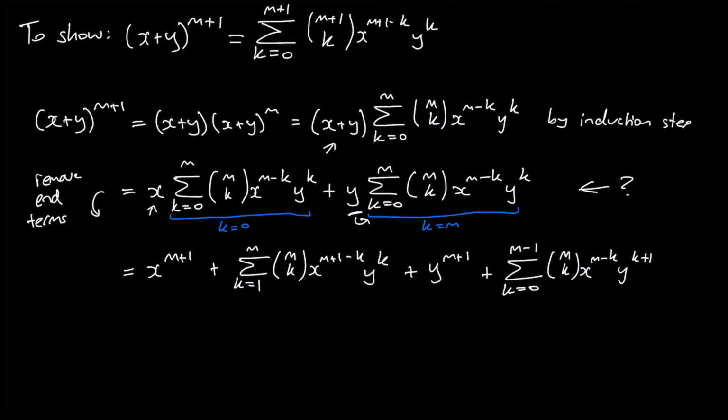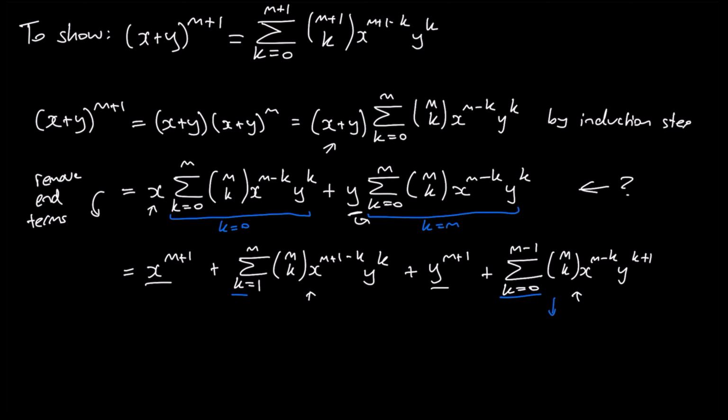Okay, so I've got these end terms that I've pulled out, and now what I want to do is relate these middle terms. The way I want to relate them is to bring them together under one summation. But they don't really match up. I have this sum from k equals 0 to m minus 1, and this sum from k equals 1 through to m. So the way I'm going to fix that and proceed is